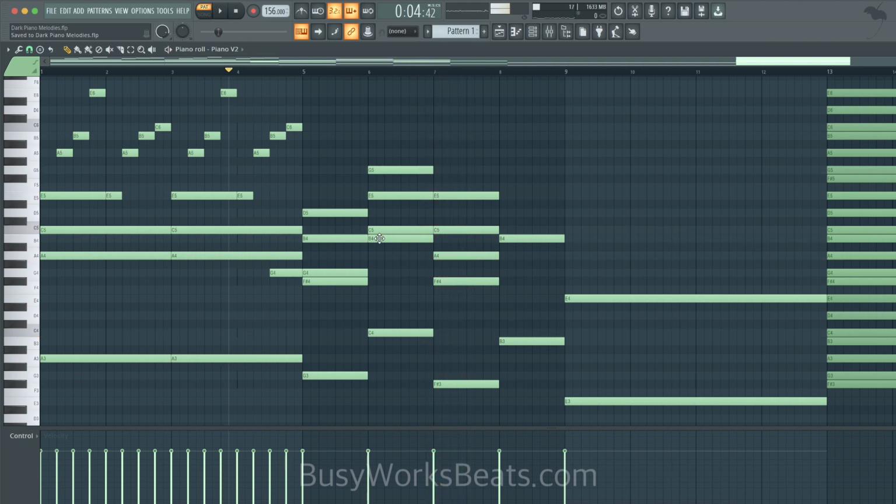Actually, it sounds super fire. Diminished is hit and miss, like it's either fire or it's not. Now that one's fire. So I want you to notice, again, we're going from minor to more major chords over here. That's what happens when you do key modulation. You're kind of switching the perception. Not kind of, you are.